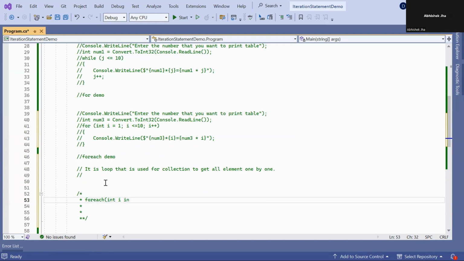And there is one operator that is called the in operator. And here we have any collection, any collection array. That collection array has lots of elements. So each element is assigned to this i using this operator. Now this i has the value of that element of that array. So simply you can do